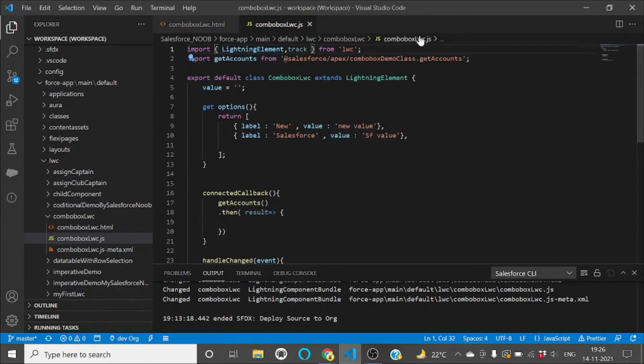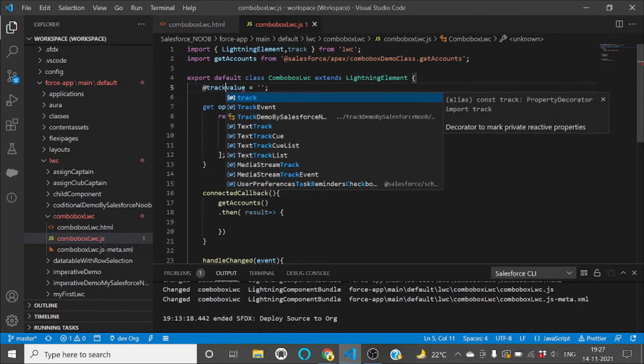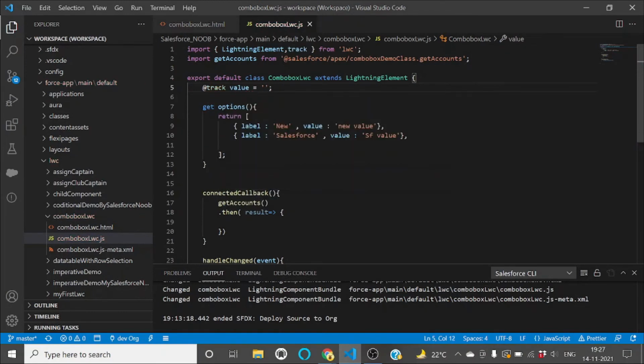So guys, if you are confused about what the track decorator is and what the benefit of it is, I have already created a video on that particular topic. You can check it. I will add the link of that video in the description, and it will also show you as a card in the right corner. So now I am decorating this value property with the track decorator,